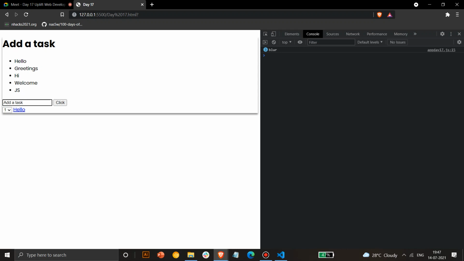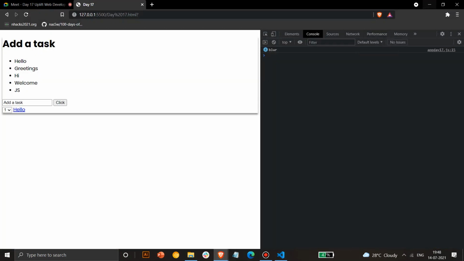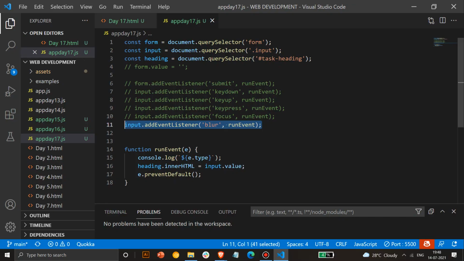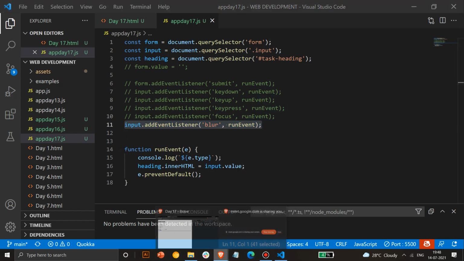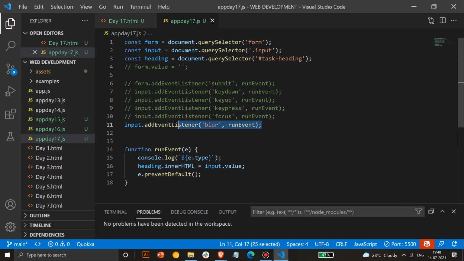Same thing when you have to end the validation. In the start, whenever focus happens, you can start the validation, and when blur is fired, you can check whether the validation is perfect or not. This is very helpful when you have to do fast processing. Big companies do something like that. They start validation at the focus function, and they end it at the blur function. That's why their GPU won't cause a lot of problems, and every form field gets evaluated early. That's one of the methods they use for fast validation. Okay, so this is blur.